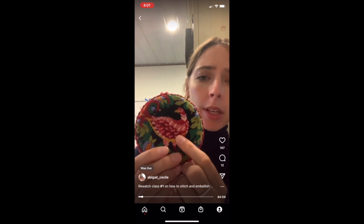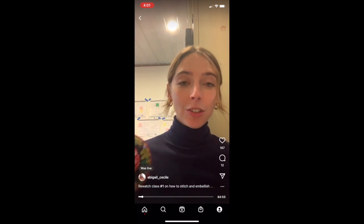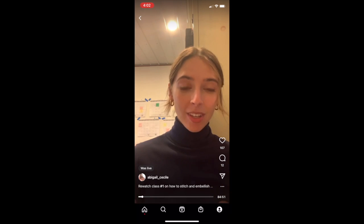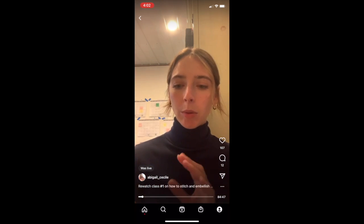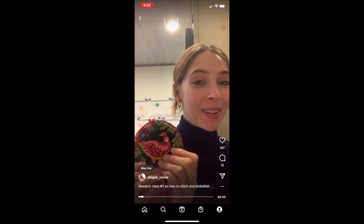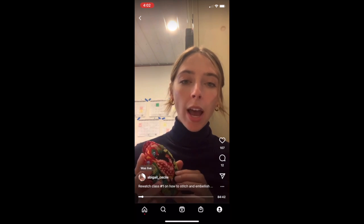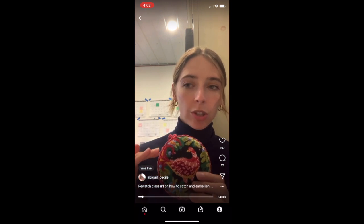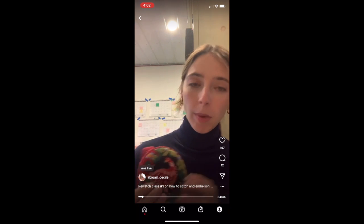But when I first learned bullion knots, I was told you either love them or hate them, and I love them. They take a little bit of practice, but I think people are intimidated by them, and they shouldn't be. They're a total blast. But within the stitch guide, I do have alternative stitches for those of you who just really don't like knots, which is totally legitimate,